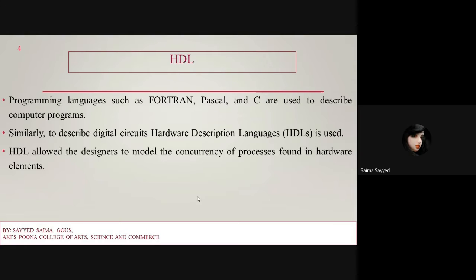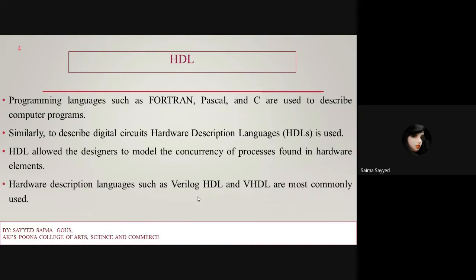Hardware description languages such as Verilog HDL and VHDL are most commonly used. We are going to study Verilog HDL.